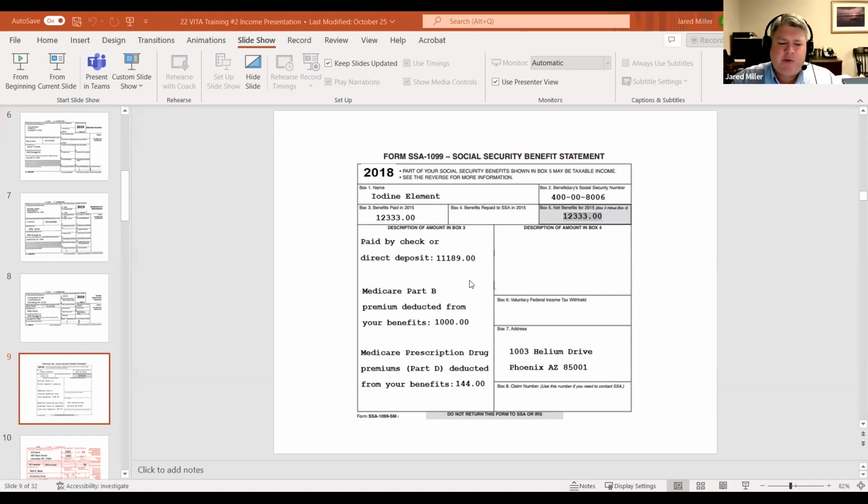A couple of times we probably have had clients come in and when you ask, do you have your Social Security statement? They say, well, I don't need it because I'm over the age of 75. I don't pay taxes anymore. Well, maybe, maybe not. We still need to get that SSA-1099 in each year because guess what? The government's already going to get a copy of that. It's beneficial for us to have that into the return just to go through the calculations and make sure that we're reporting all the income effectively. So we do want to be sure that we get that even if they believe that they are not going to be taxed.